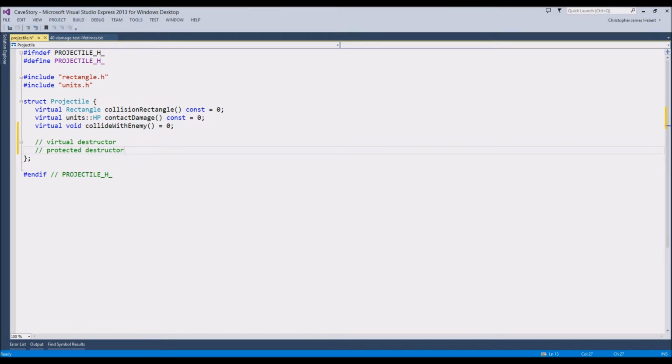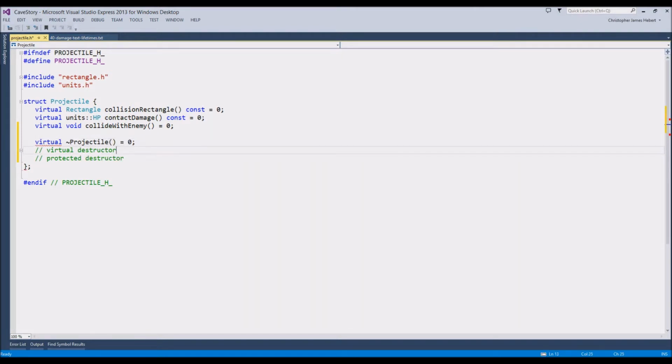It doesn't right now, and technically we're not ever deleting a pointer to projectile, but we are using shared pointers to projectile, so I feel like this is a very dangerous kind of dark, damp corner for bugs to hide in. So we're going to solve this problem by creating a virtual destructor, just as simple as projectile equals 0,